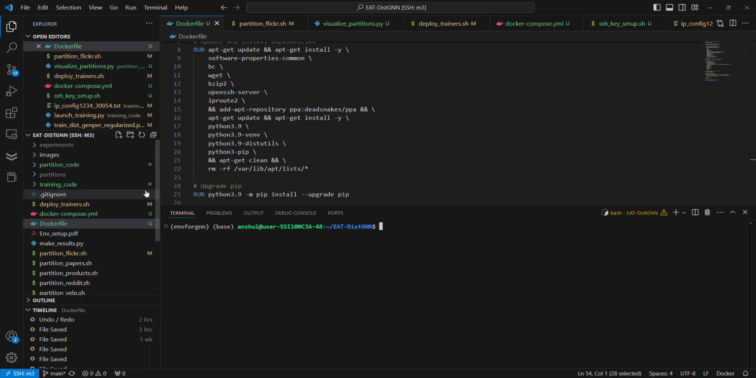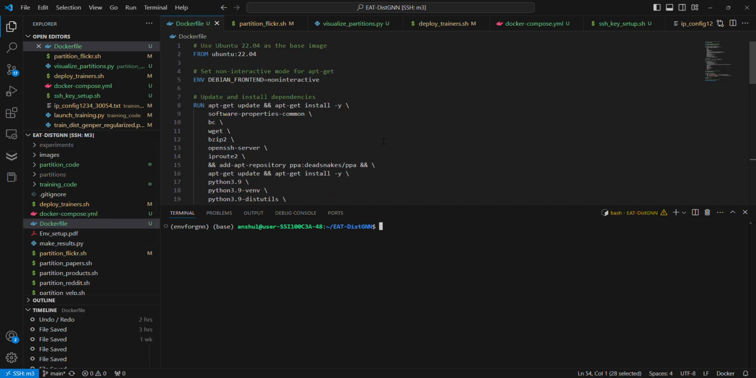To get started, first you need the code. The link for the repo is on our tutorial website, so you can clone it from there. After you have the code, let me quickly explain what we are going to do. We have this Docker file. This Docker file first